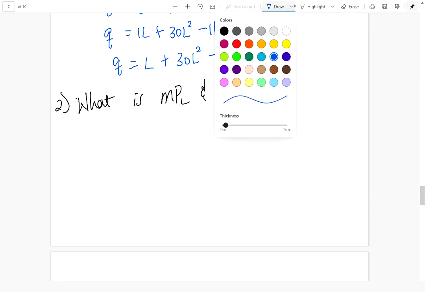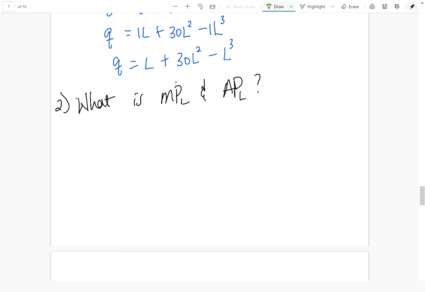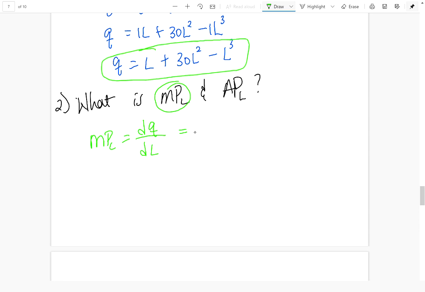We know that MPL here is asking us how does quantity change when labor changes. Right, we're going from this function here. So we have the derivative of, notice I'm using the full derivative. That's because in here there's only one variable, L. So how does this change